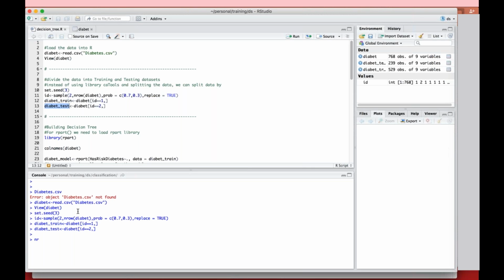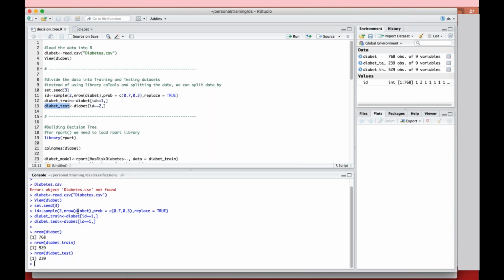If I look at nrow of diabet, that's my original data, a total of 768 records. But then I randomly split it into training and testing. Now if I see nrow of diabet train, that's 529 records, and test 239 records. So randomly, I divided the 768 dataset into two parts, one containing 529, another containing 239. Then I'm going to build a model using the training dataset, and then I'm going to test it